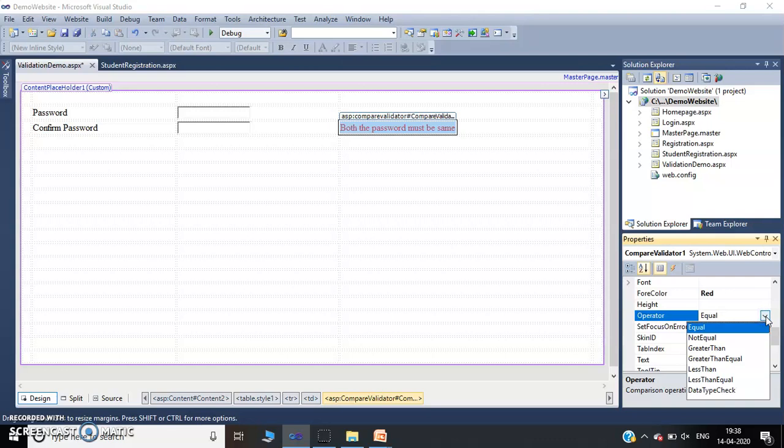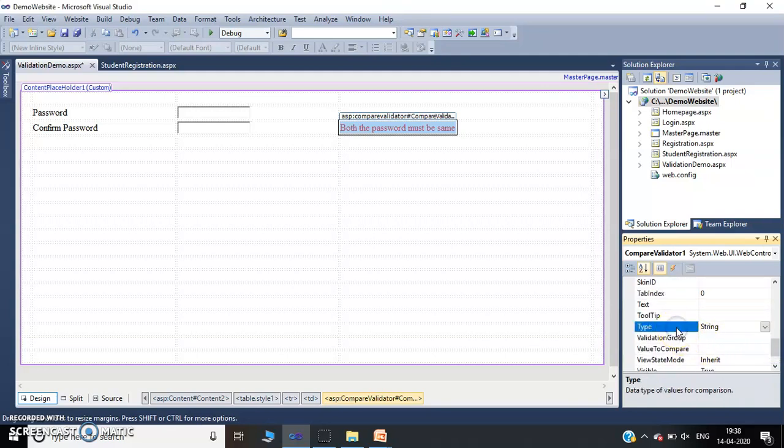You can choose another operator in other cases. Operator and type: as a password is a combination of characters, numbers as well as special characters, jointly you can keep it as a string only. So these are the important properties of compare validator.